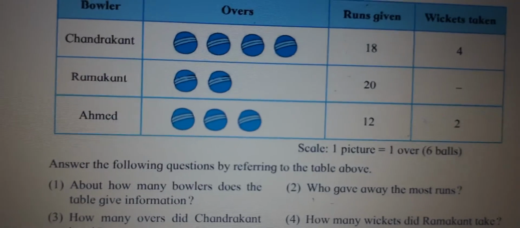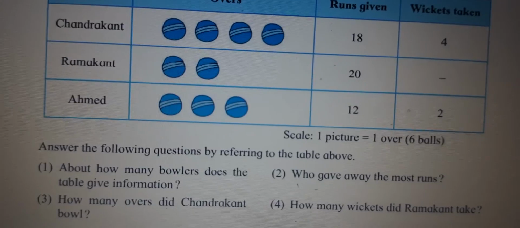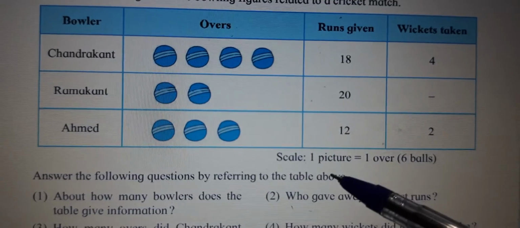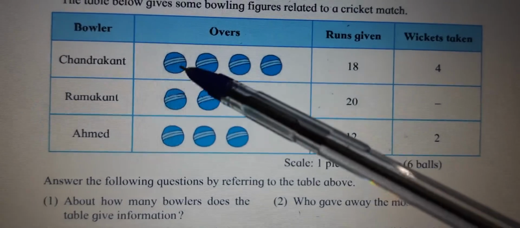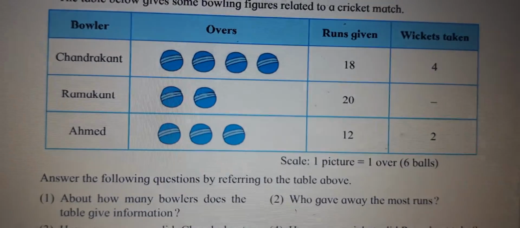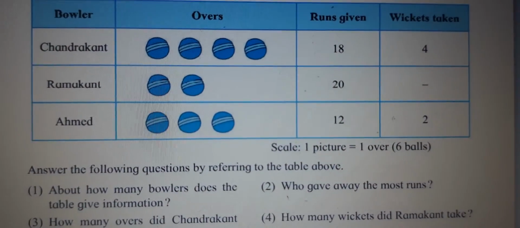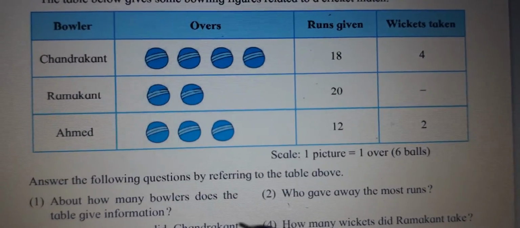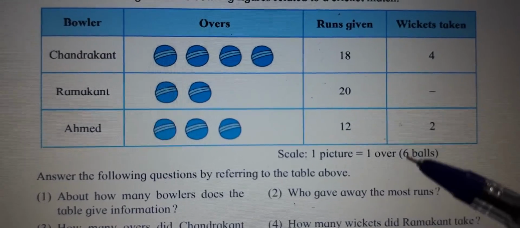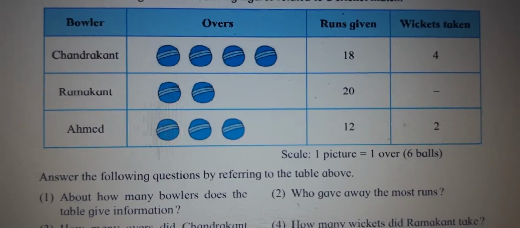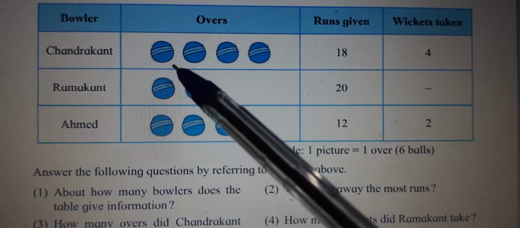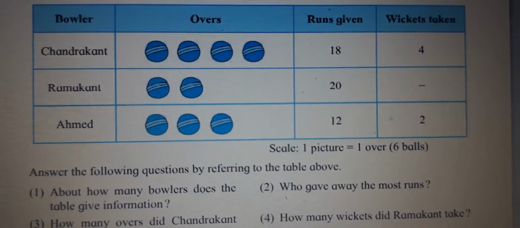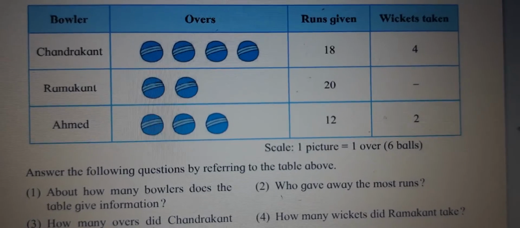So how do we study this pictograph? It is very easy because it's a picture study. First you should understand the scale, children. In a graph, you should usually remember the scale. Here one picture is equal to 1 over. That means one picture shown here is not one ball, but 1 over, and in 1 over there are 6 balls. We cannot draw as many balls as there are, so instead we take one picture equal to 1 over, that means 6 balls. So it's very easy. See, 1 over, and in this there are 6 balls. So 1, 2, 3, 4 pictures means 24 balls. And out of that, 18 runs he has given.